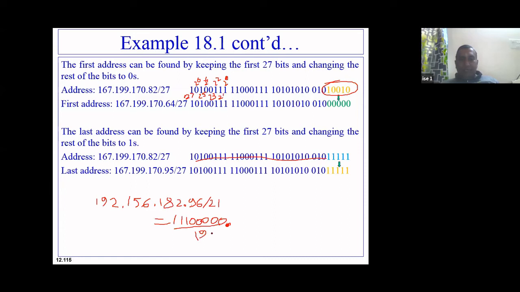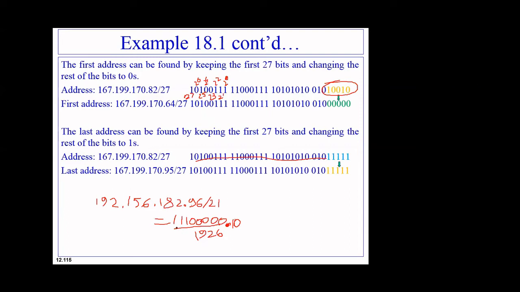Like this, you convert 156. Now 156 means the 128 bit, 2 to the power 7, will be 1. Then the 32 bit, it won't happen because it is becoming 160, and I have 156 only. So this should be 0. So here, for the remaining, how do I give? This is 128 plus. How much do I have to give? 2 to the power 5 I cannot take. 2 to the power 5 is how much?